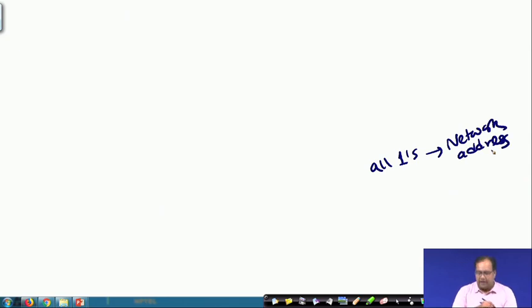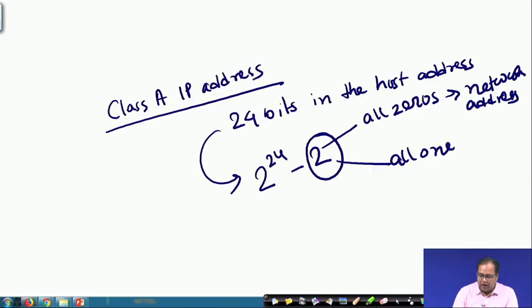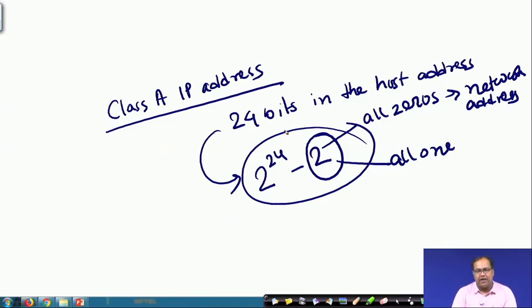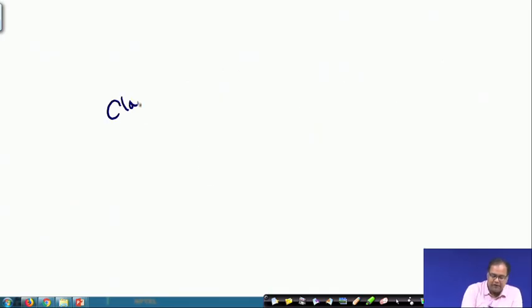So, these two are omitted. Now, that was for a class A IP address. In case of a class A IP address, we are omitting all zeros and all ones. So, we have 2 to the power 24 minus 2 valid hosts in a class A IP address. Similarly, if you go for a class B IP address,